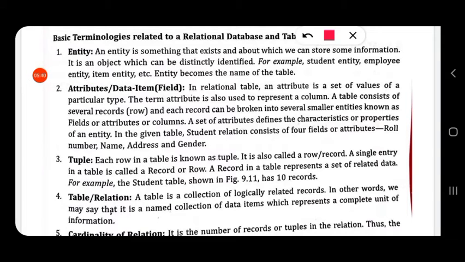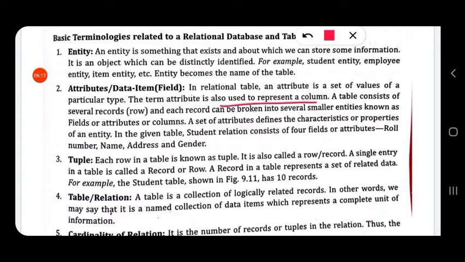Then the next one is attributes or data item or field. All these are the names given for columns. In a relational database, an attribute is a set of values of a particular type. The term attribute is also used to represent a column.